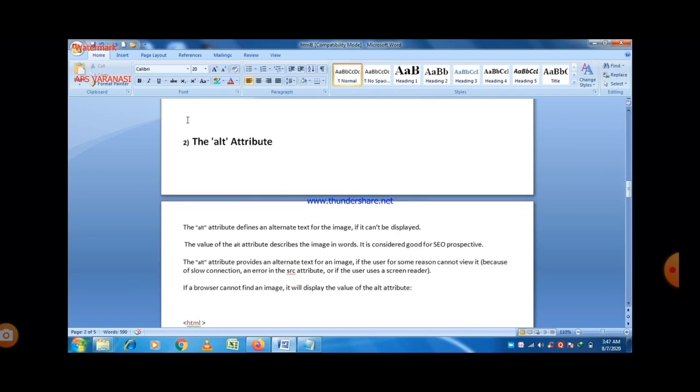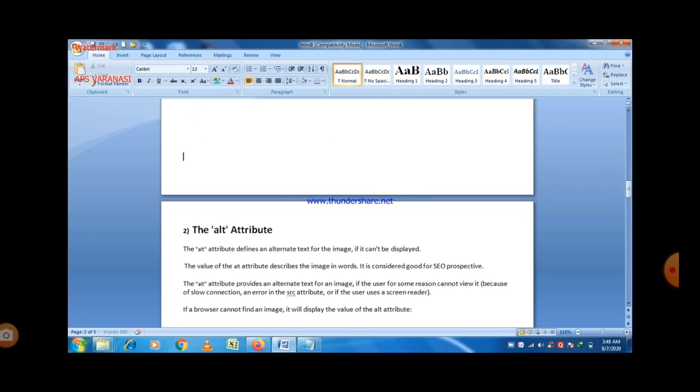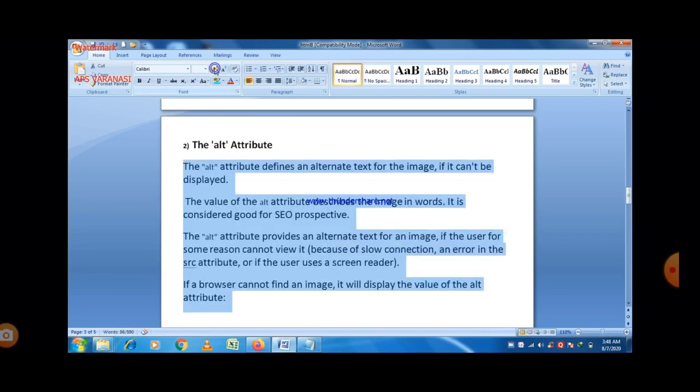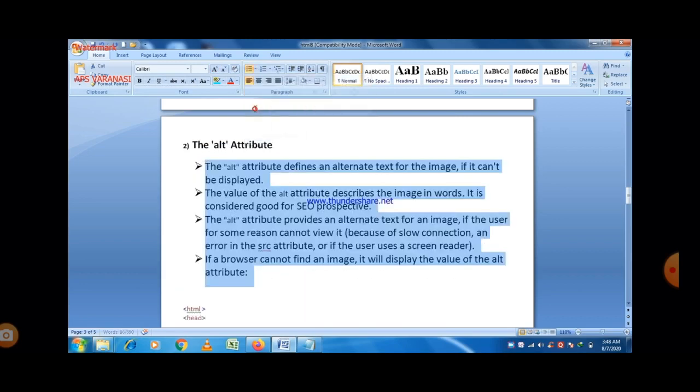Now the ALT attribute, we already discussed the ALT attribute. So let us take some points regarding the ALT attribute. Again, the ALT attribute defines an alternate text for the image if it cannot be displayed.